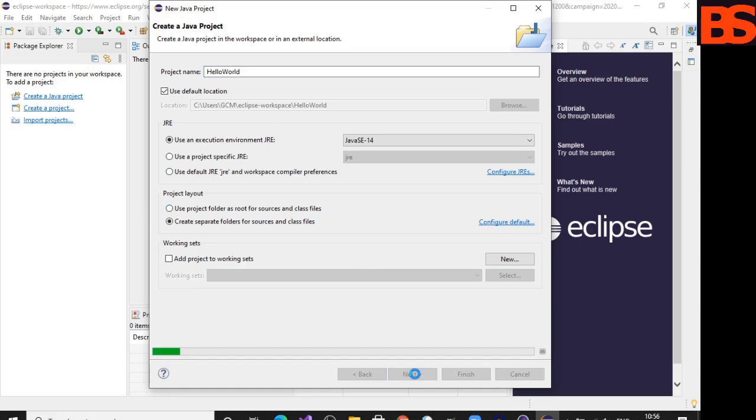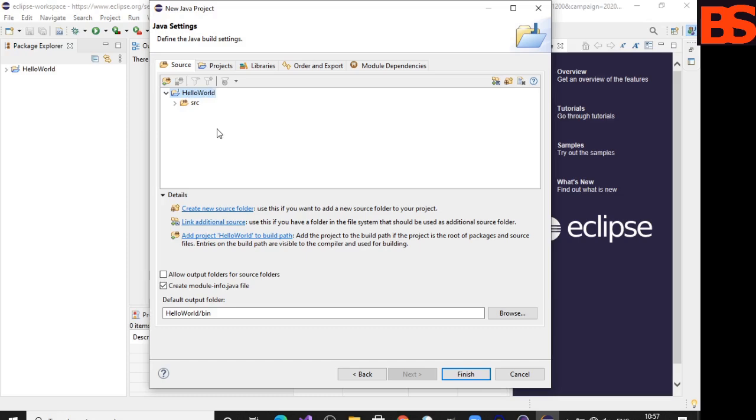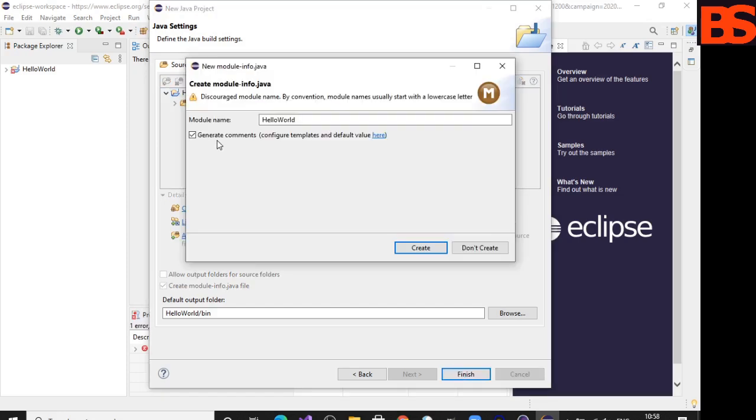This will be the folder structure of my Hello World project. Now I will click on the finish button. So this is my module name, and then check this to generate comments, then click on create.